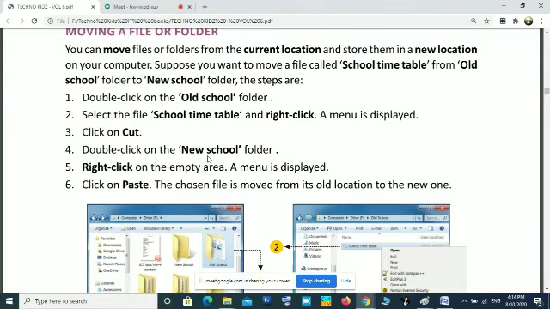That folder, you have to double click and open. Then inside that, right click on any empty area. That is very important. If you right click on any icon, another menu you will get. Okay, right click on empty area. A menu is displayed. Click on paste. Now that moving is over.